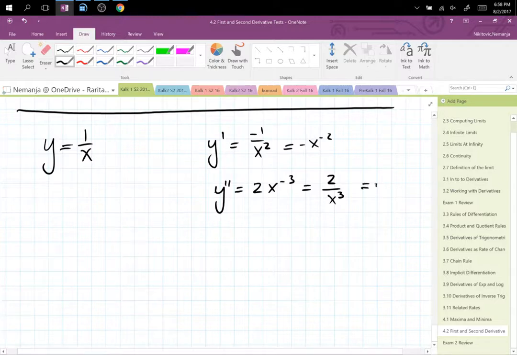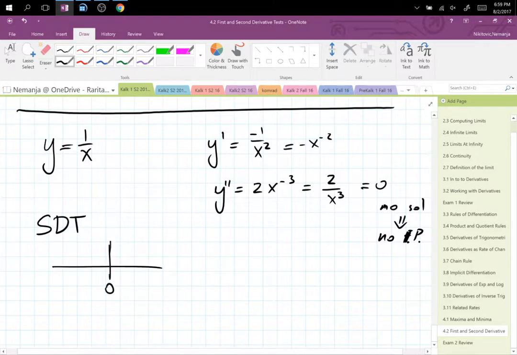So if I set the second derivative equal to 0, do we get inflection points? No. So no solution, which means no inflection points, IP, whatever. We do have a vertical asymptote, so for the second derivative test, we are going to partition on 0 from negative infinity to infinity and use test points